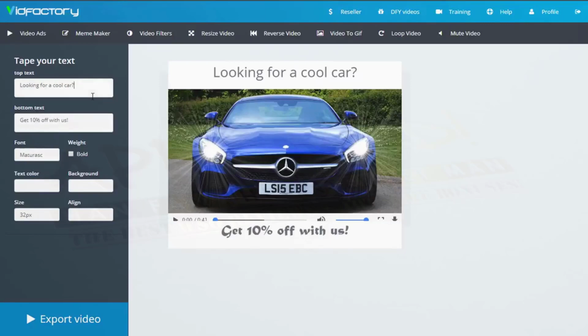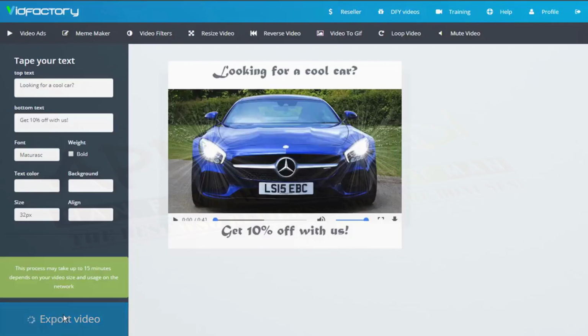Either it's going to be on the top or on the bottom. You can just click on either top or bottom text to change the specific font for the text you want to change. The same thing with the text color, the same thing with the background color as well. And once you've converted your video into a viral meme, you simply click on export video, and your new video with the top and bottom text will be available for you to download, for you to use on any social